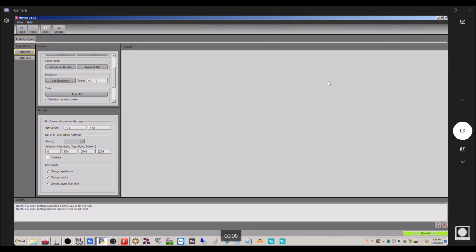So I'm going to set this to quarter pi for what I need to do, which is some monochromated STEM-EELS mapping, okay? So all I have to do is set this to 0.8, okay? And then click set excitation. And now what's going to happen is it's going to ramp. If we go back here,